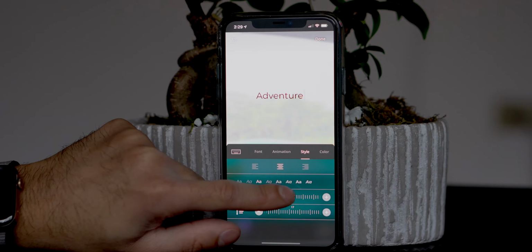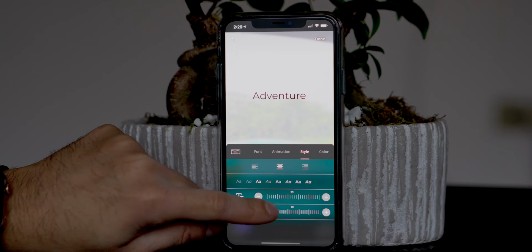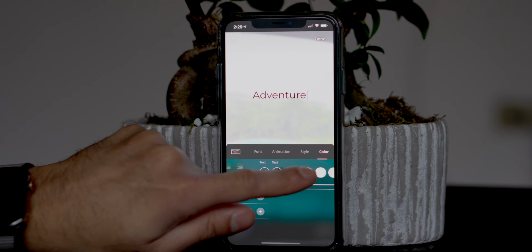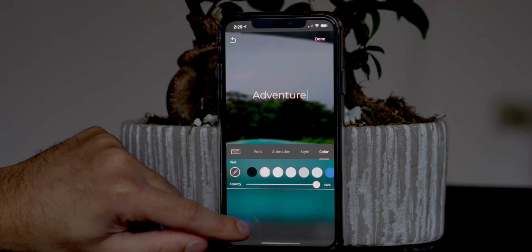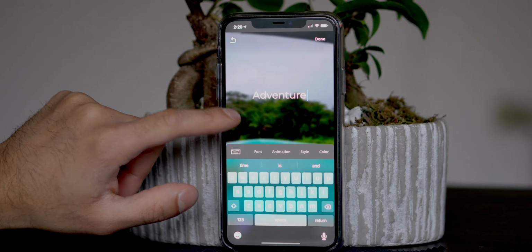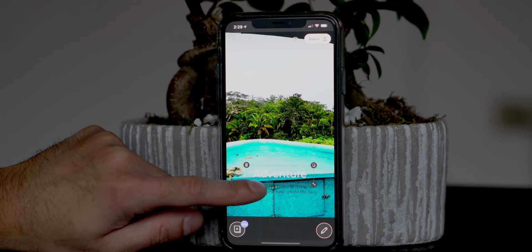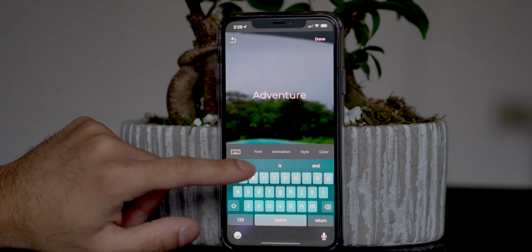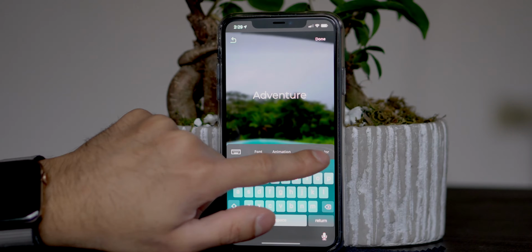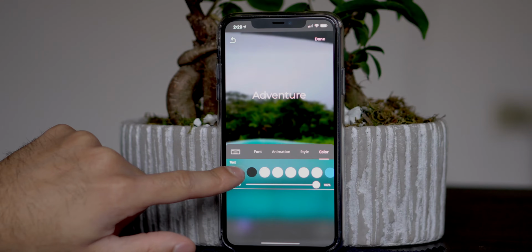You can also change the style, so this one changes the text, and this one changes line spacing. Since we don't have any other lines, we just have that one. You can also change the color of the text to make it pop more. So once you like it, you can go ahead and place it in. Let's go ahead and change this color to a different color since it doesn't really pop against there. We're going to go ahead and make the color